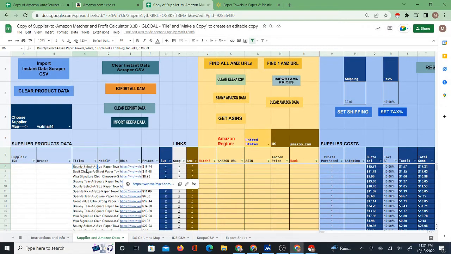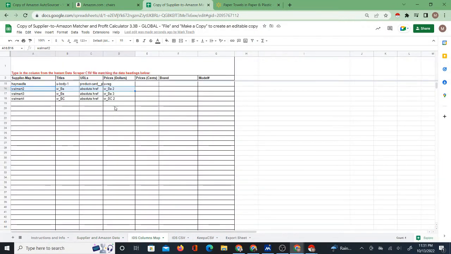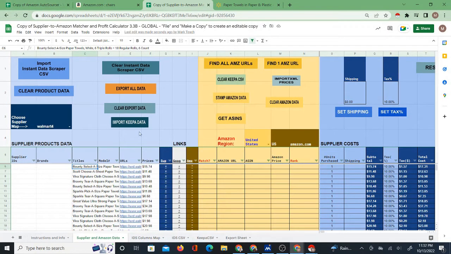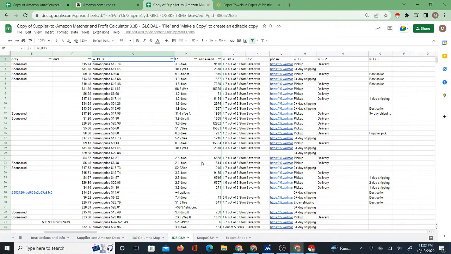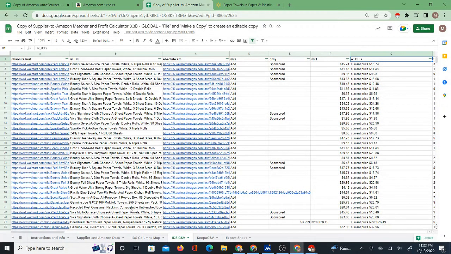So don't think something is wrong with the script right away just because you're not getting data in here. It's not just about the script. There's the columns map, and the script uses the columns map. This is a huge piece of the puzzle of importing the data automatically. Now, all of that being said and demonstrated, you can also copy and paste, and I've shown this in another video where I talked about different ways to get data into the system. Technically, you can just copy and paste some of this data as well, but the reason for the import command,